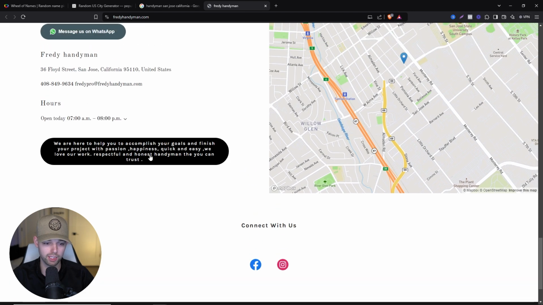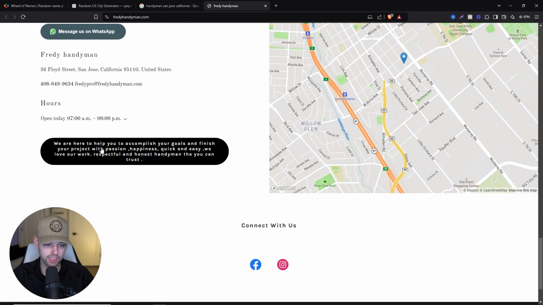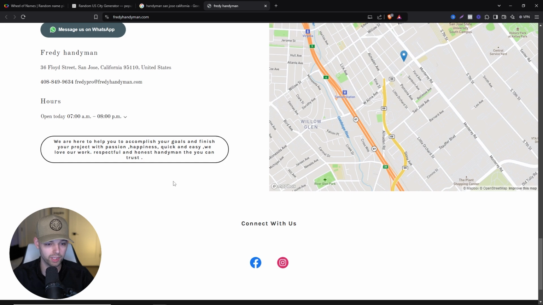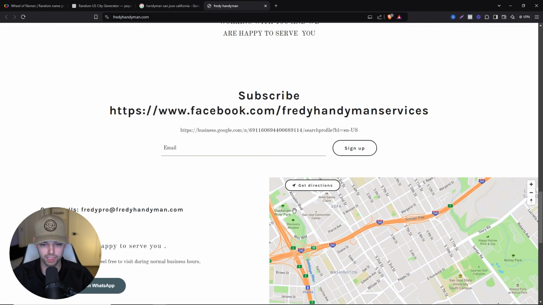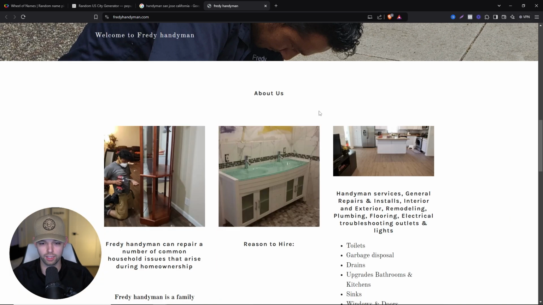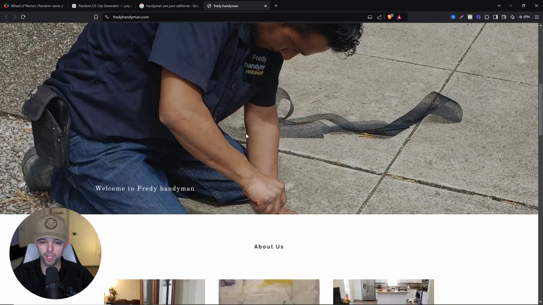I'm assuming that this is a button to contact you. So that needs to say something like contact us, get a free quote, get an estimate, something like that. And like I said, you make these changes and optimize this website, get a header up here, actually have some buttons going on, because there's nothing going on up there, just Freddy Handyman. And you'll start to see more organic traffic come through your website,